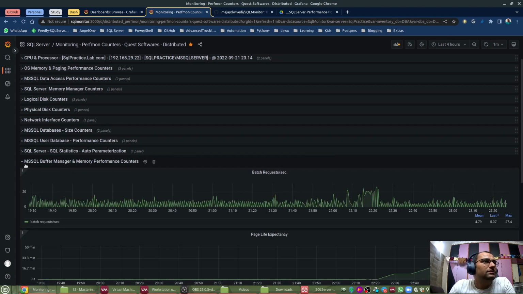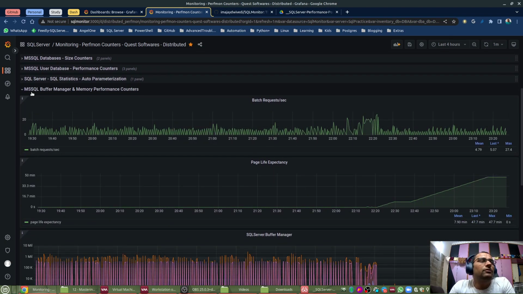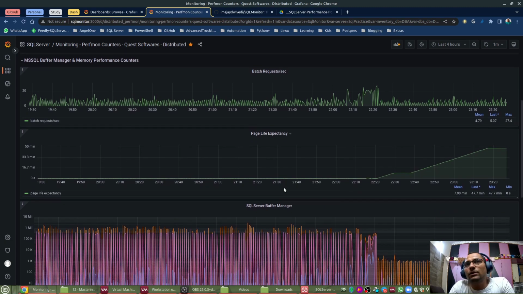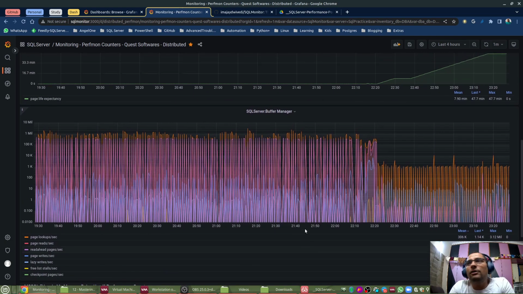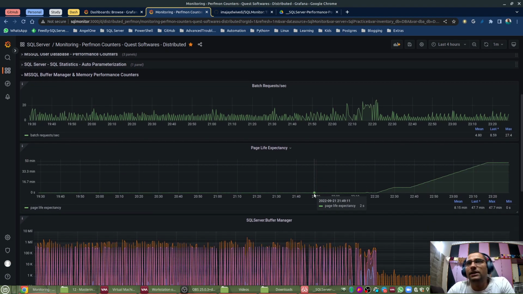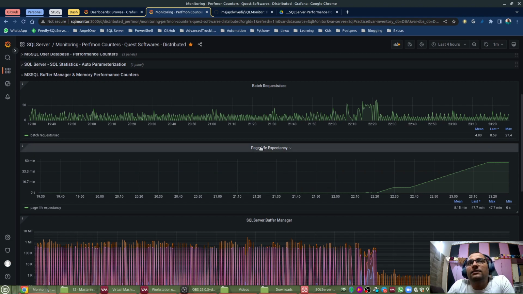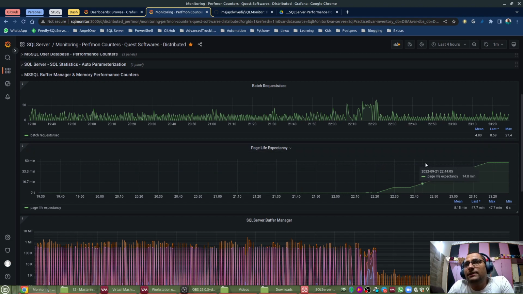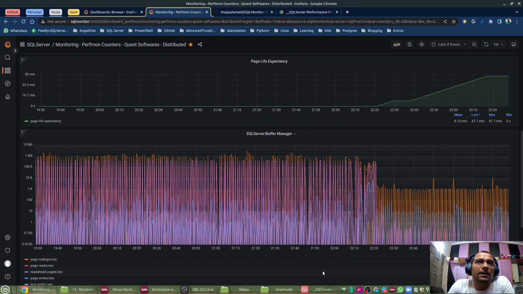This one is one of the important dashboards. This particular row exposes the buffer memory and memory related Perfmon counters, and you can see a couple of key Perfmon counters to evaluate whether your server is having some kind of memory pressure or not. The first panel simply shows you how the workload looks on your server. The second panel shows you how the page life expectancy looks on your server,